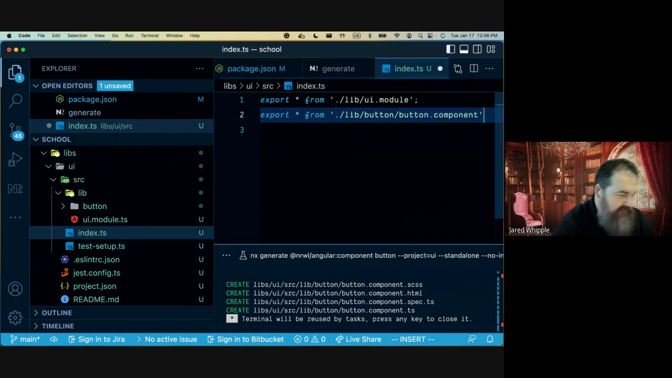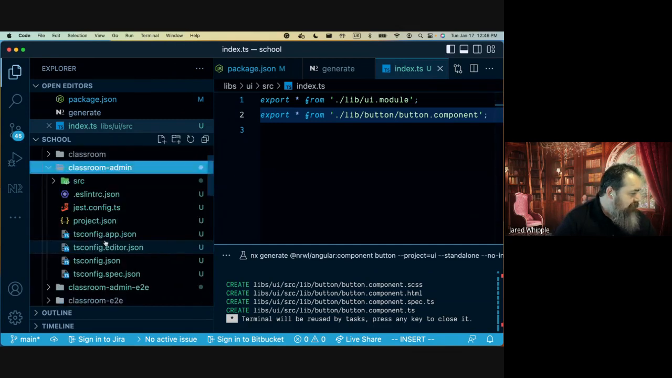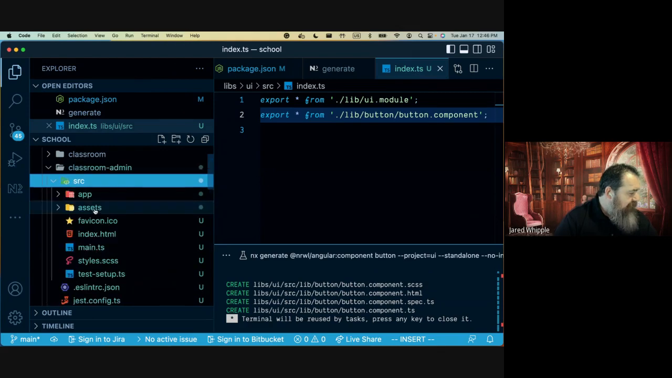So now we're exporting the button component, and the path is the same because this is just a barrel file, and the path is already generated for you really quickly. So if we go to their Angular application, the admin application,